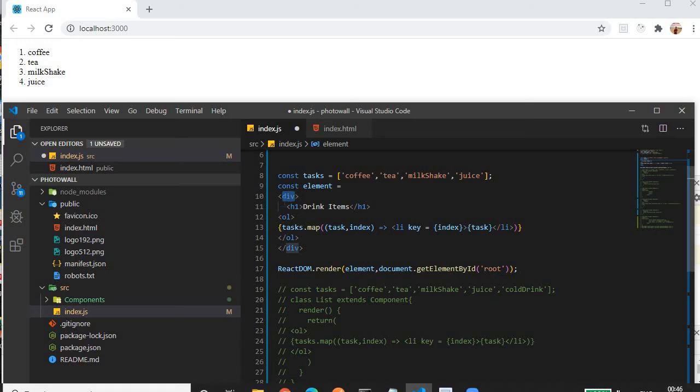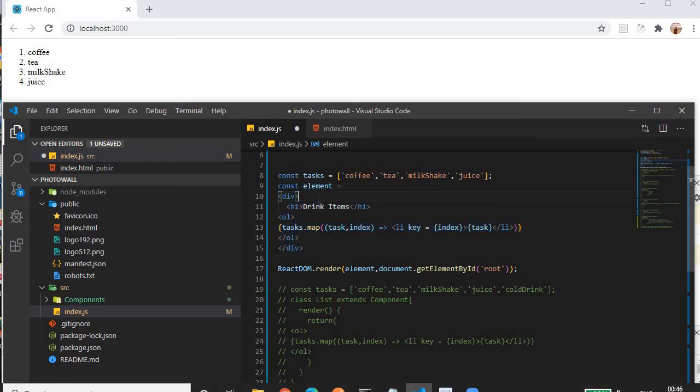More than one element means here we have one h1 element and another, the ol element. We won't consider li because it is nested within the ol. So how can we create two elements and assign them to one variable? Not possible. That's why we have to enclose these two within a div tag, so that they will be treated as a single element.